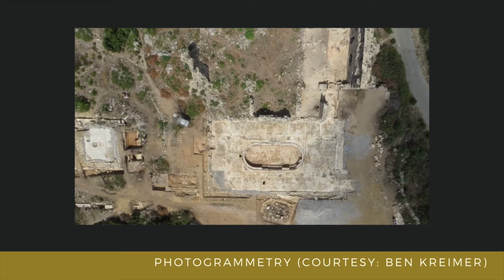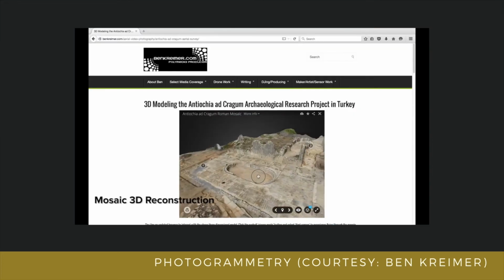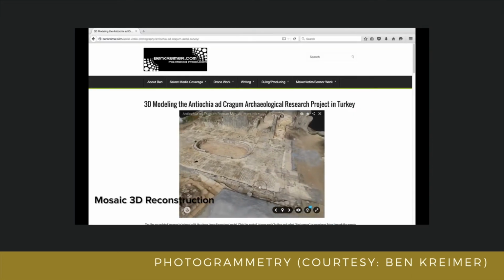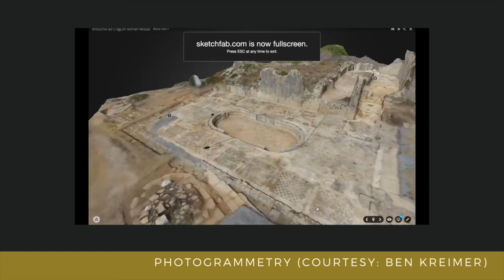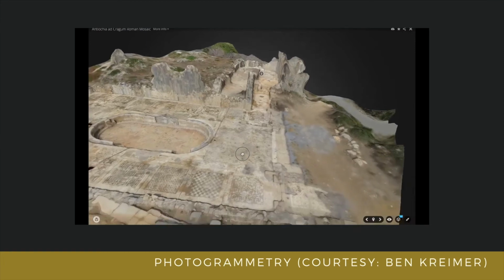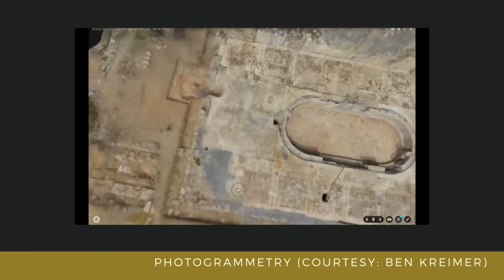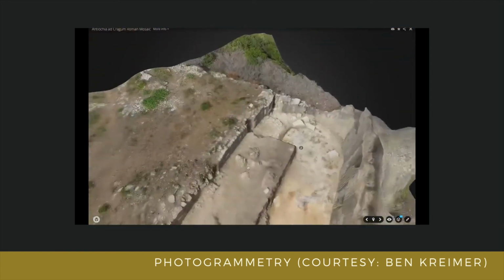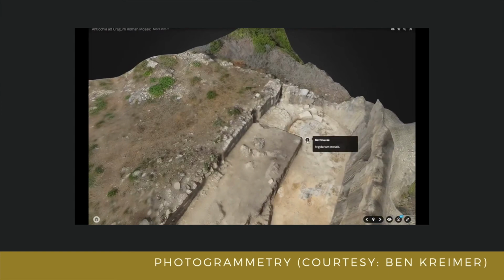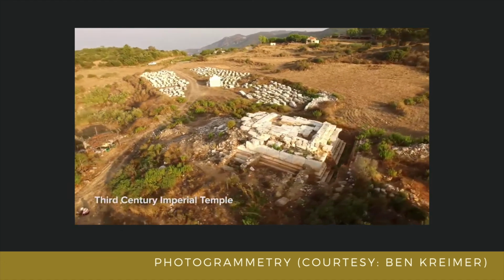And then the last one is photogrammetry, which is 3D modeling that uses thousands of pictures from a drone. So this is Ben Kramer, who I've mentioned in the module and a frequent collaborator of ours. He's one of the experts in photogrammetry. So this is a redesign or 3D model of a site in Turkey that he worked on and built, this usable, functional 3D model based off of the drone footage that he collected out in the field.